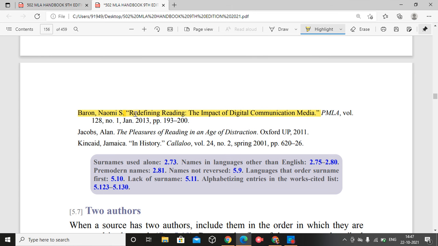And then, what is the name of the article from this writer that we take for quoting or paraphrasing, citing the idea? So what is the title of that essay that we take from this person? It's "Redefining Reading: The Impact of Digital Communication Media." Some article written by this person. And